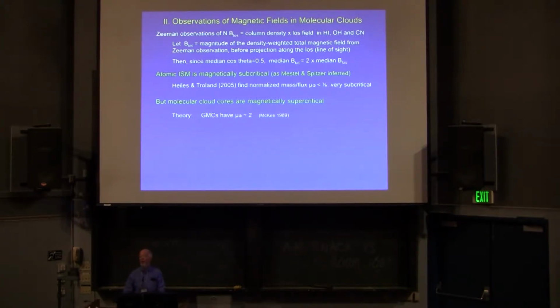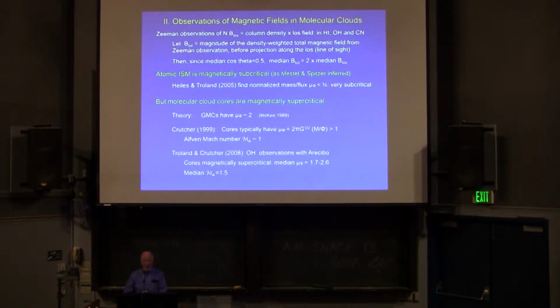I developed an argument some years ago which suggested that the mass-to-flux ratio in GMCs would be about 2 because gravity had to overcome both the magnetic field and the turbulent motions in the molecular clouds. Observation, of course, is better. If you look at the cores inside molecular clouds, then Dick Crutcher summarized the data somewhat over a decade ago and found that typically the mass-to-flux ratio was greater than 1, and the Alfvén Mach number was of order 1.